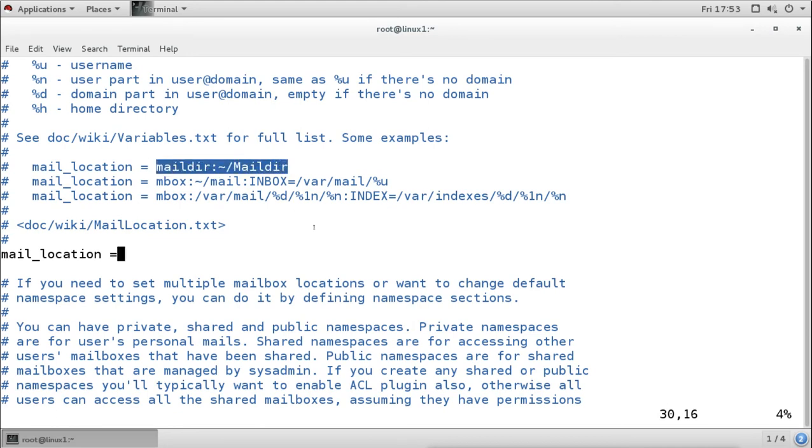Maildir will be under the home directory. This symbol means home directory. Under the home directory of every user, the directory name will be Maildir. Now we'll save this.